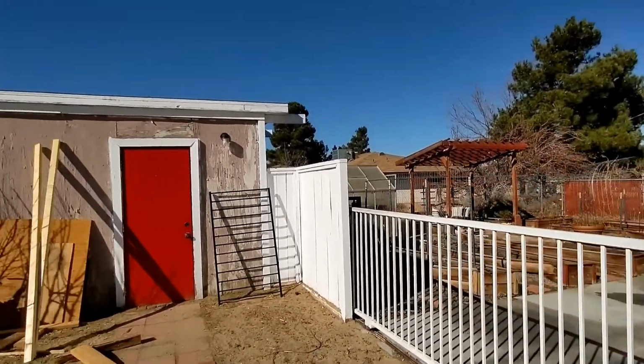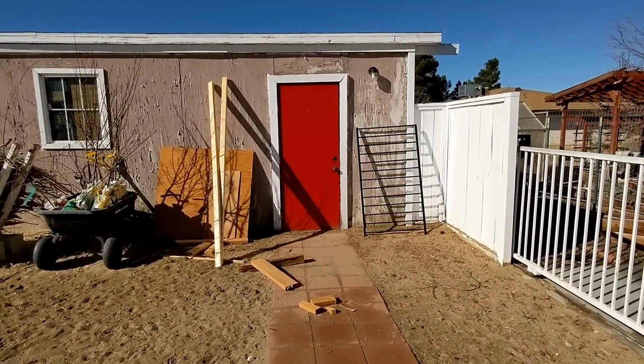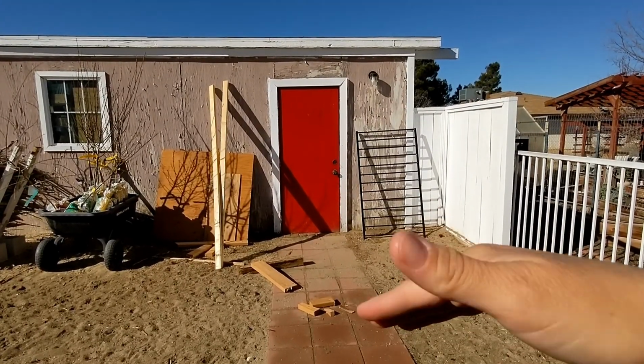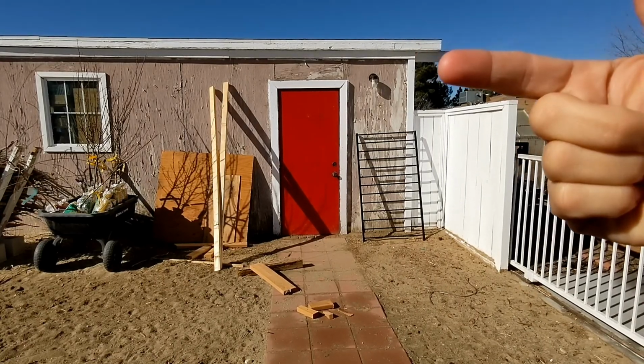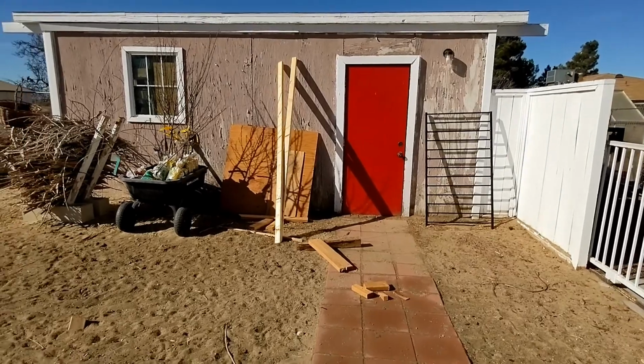I don't know if you guys saw on the side, but I have tons of pots and just store all of my fertilizers and all that sort of stuff. Even sprinkler stuff, just a place to put all of that. And then I would love to put a small little patio in front of that, just to make it a little bit more